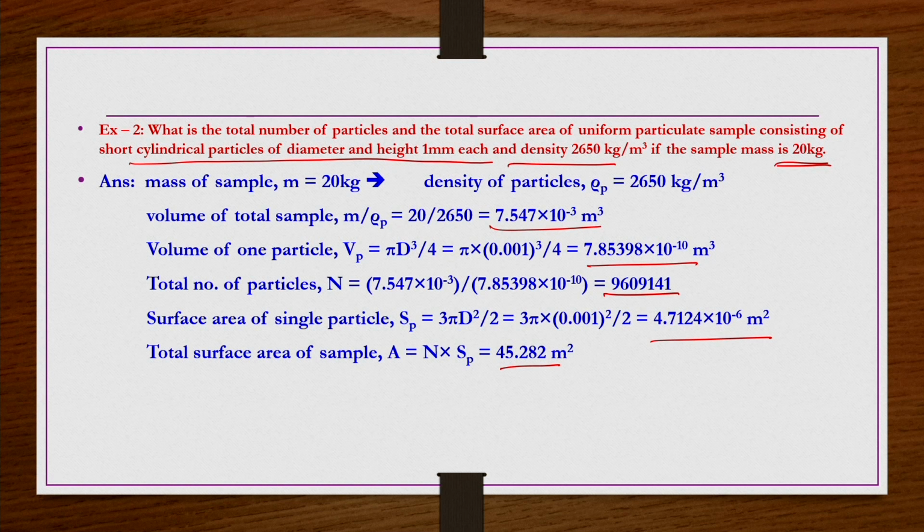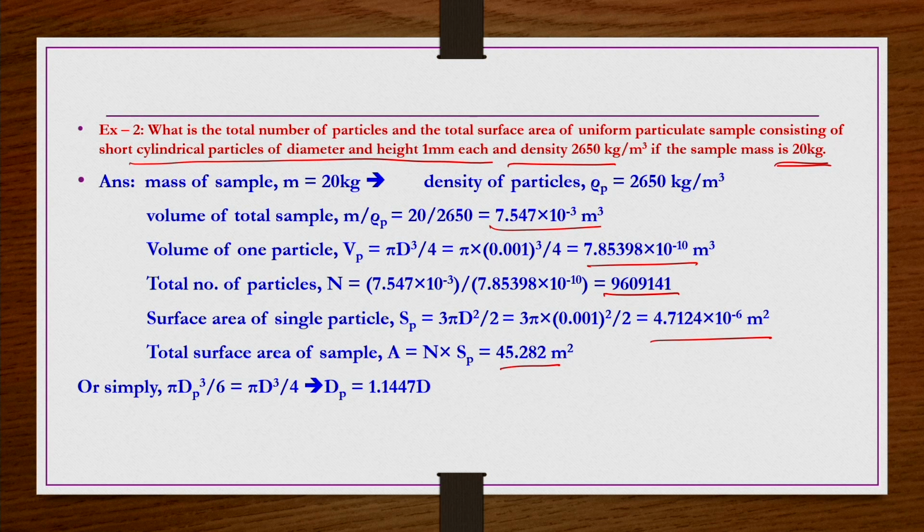Similarly, if you do not want to calculate the total number of particles, but you want to calculate the total surface area directly, then you can use the equation A is equal to 6 m by pi s rho p dp directly to get that information, but pi s is required. For short cylinders we have already calculated it as 0.874. How we get dp, we need to know. So, dp you can get by equating pi d cube by 4 of the short cylinder to the volume of a spherical particle of size dp, which is the same volume as the particle volume. So, pi d cube by 4 should be equated to pi dp cube by 6.